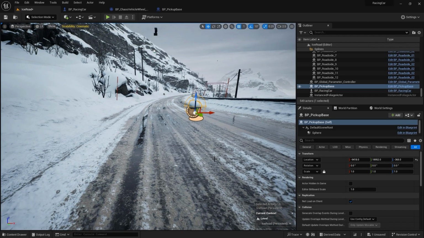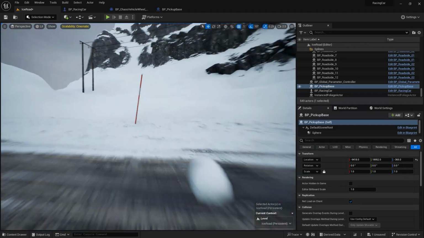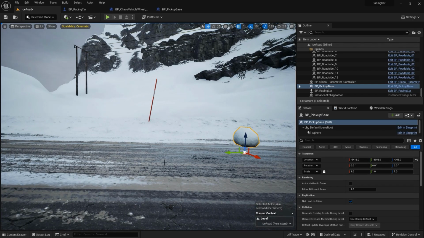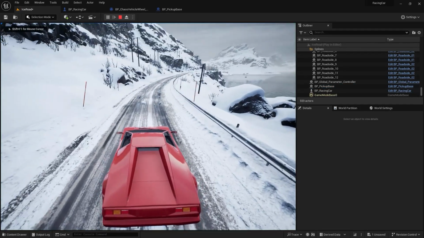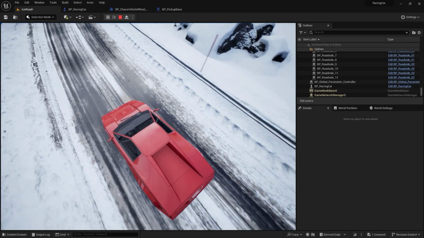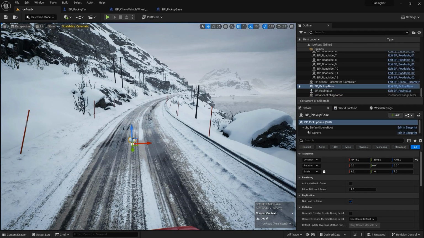If I press J, which means the gaming mode, now this is what we will have on the road. When the car overlaps this actor, it should be destroyed, but till now we don't have any sound, so that's why it will not play any sound. If I play the game and come here, when the car overlaps it, that actor is destroyed, and that's exactly what we want. So now we actually need some effects, some real effects that should look realistic, and also we need some sound